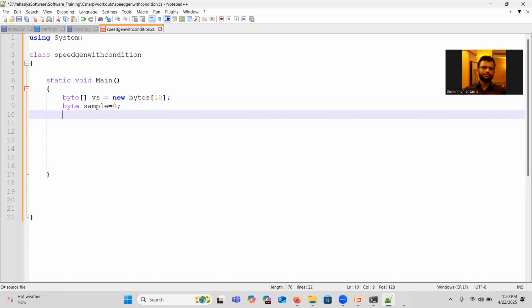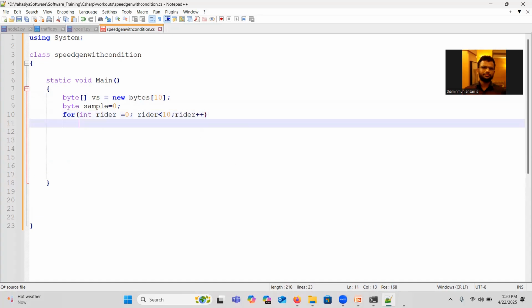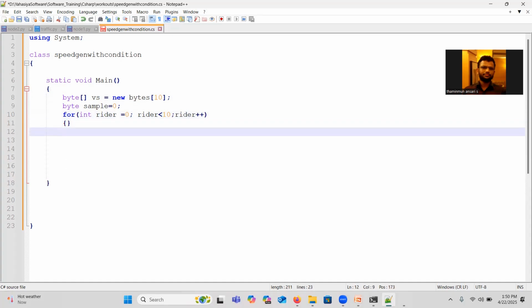And then, as I have to generate 10 different samples, I am running a loop: for int rider is equal to 0, rider less than 10, then rider plus plus. Right. After that,